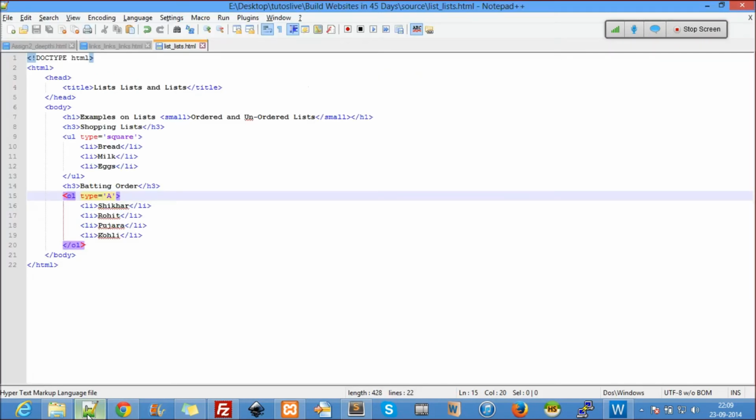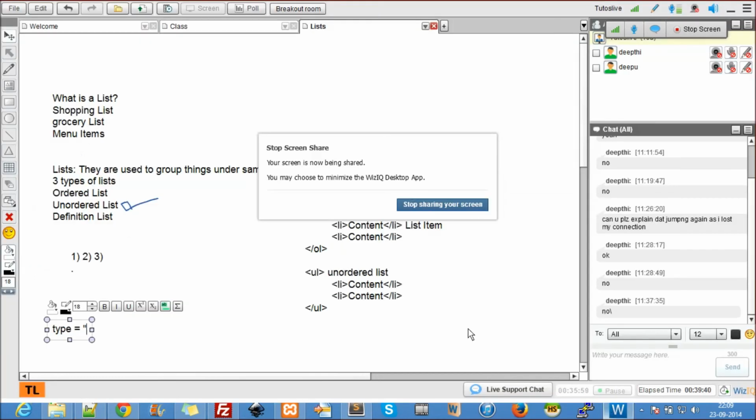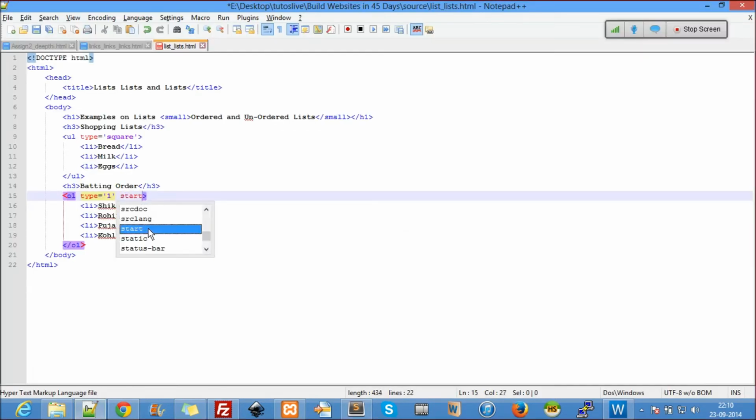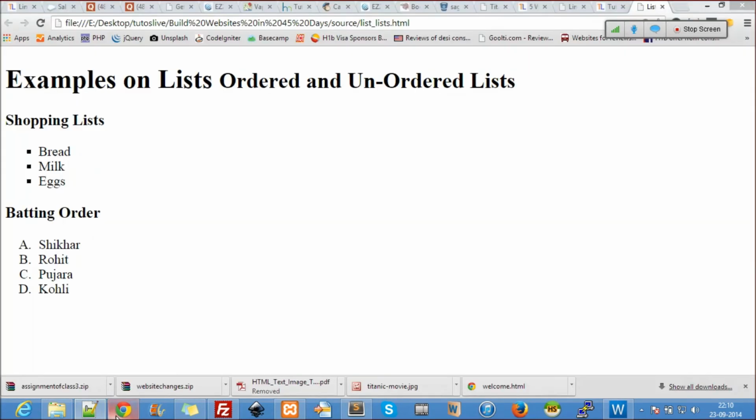Right? So now you may have another question. Okay, fine, I'm starting with 1 2 3. Can I start it from 100? I don't really want it from this. So we have another attribute only for OL here, only for OL. That attribute is called start equal to. So you can also mention from where it should start. Okay, so I'll say start equal to, I want it to start from 500. You can see it here, 500, 501, 502, 503.